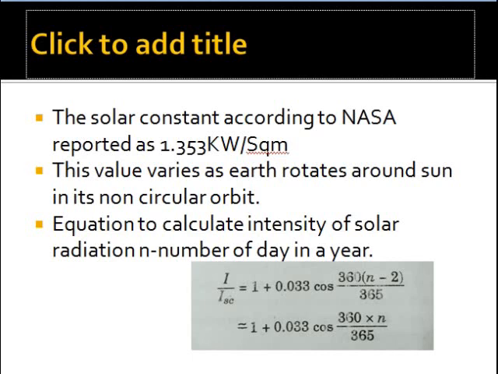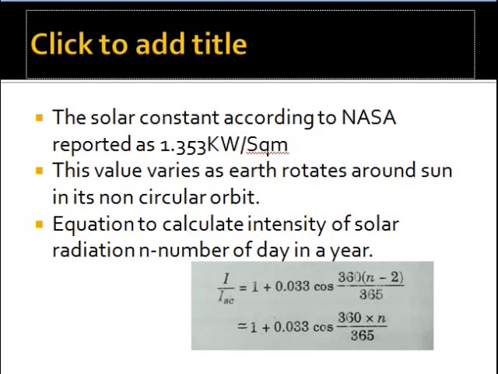So this is the equation to calculate the intensity of solar radiation coming towards the earth on some day of the year, where n is the number of the day in a year. For example, if it is March 1st or something, if that is the day, then we have to